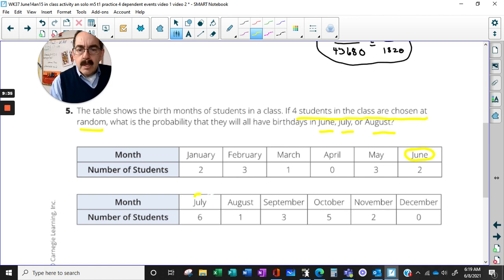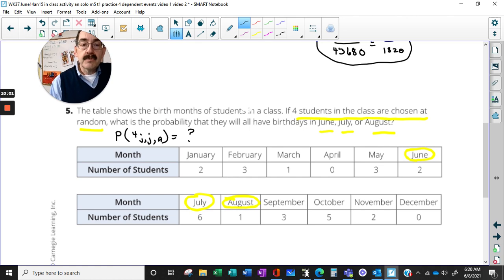June, July, August. Those are the ones that we're focusing on. Now, mathematically, we write it like this. The probability of drawing 4 students represented by June, July, and August is equal to,